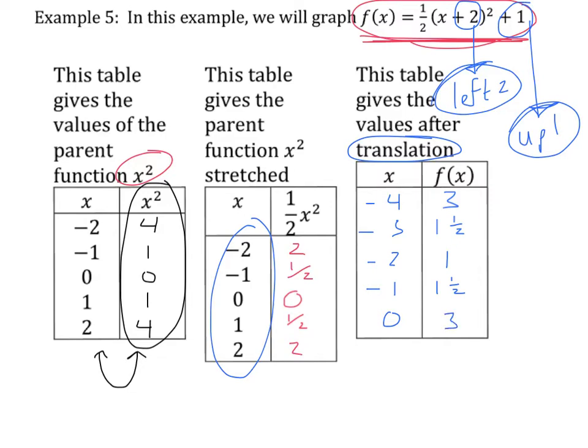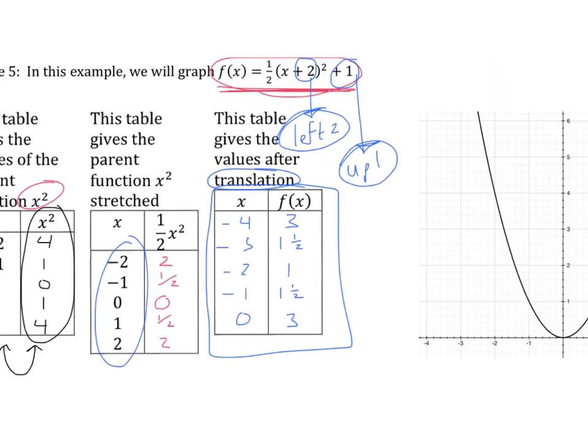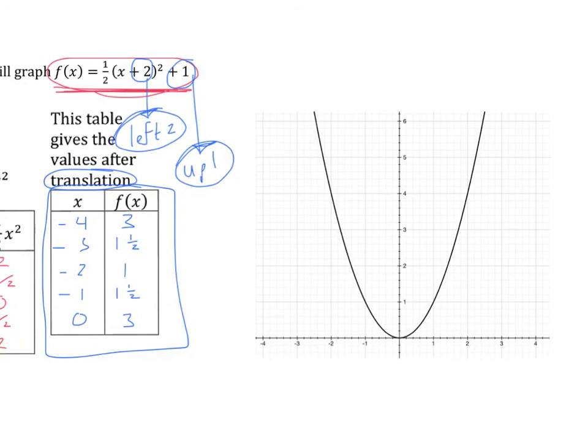And the idea is, this final table, if we carefully graph those 5 points, will give us a rather accurate graph of what our function looked like. So what we'll do now is use the graph that we have over here to plot those points and look at it, right? So if I graph -4, 3, and then -3, 1.5, and then -2, 1, then we have -1, 1.5, and finally 0, 3, this parabola that I'm drawing,